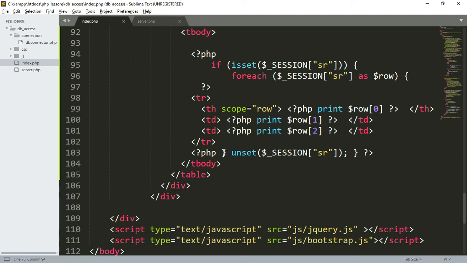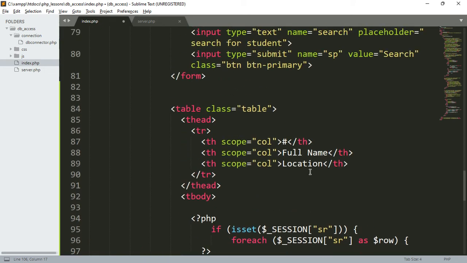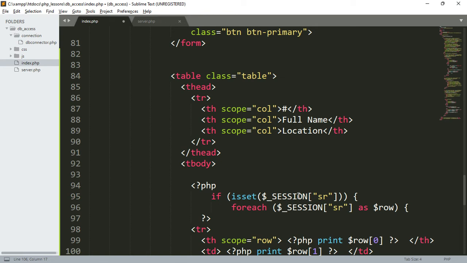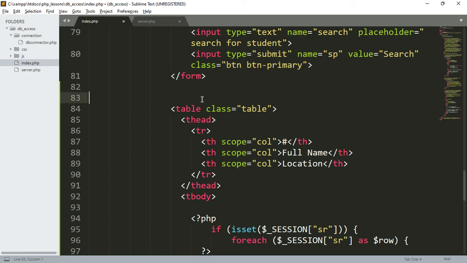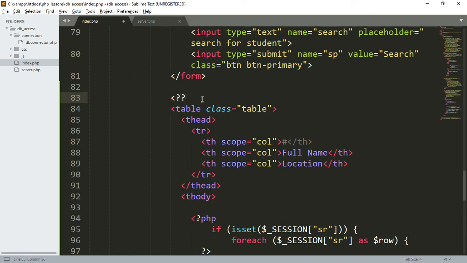So we are going to expand our if condition. This if condition, we are going to expand it up to here so that it can cover the whole table. So the table will only be shown when the session is having data. So what can we do there? We are going to say PHP, and here we have if